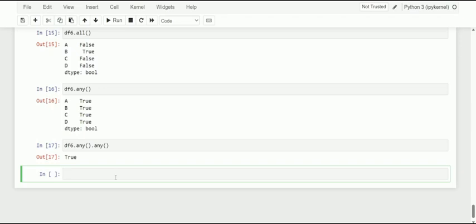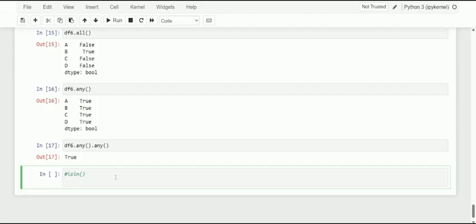Okay, now another method of filtering is isin. This method lets you know if one or more elements are present inside an object such as a data frame or series. In this regard we define an example data frame, and let me make it predefined.